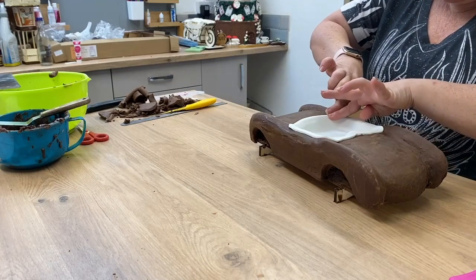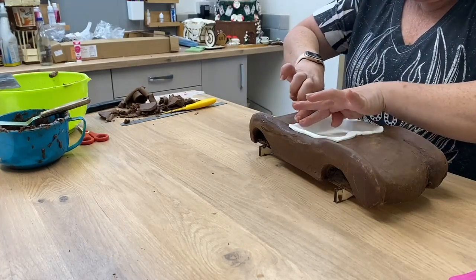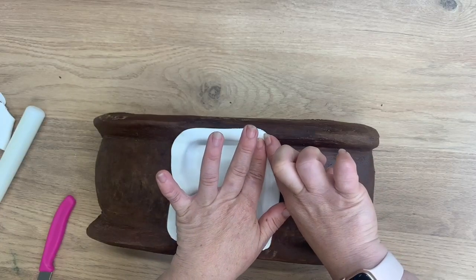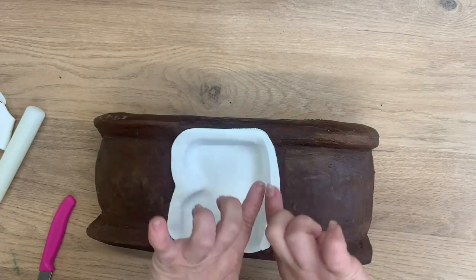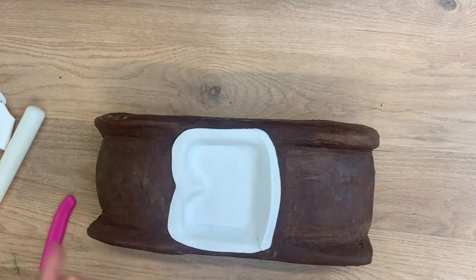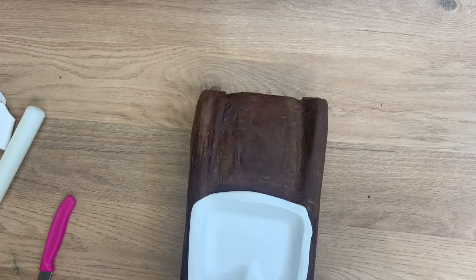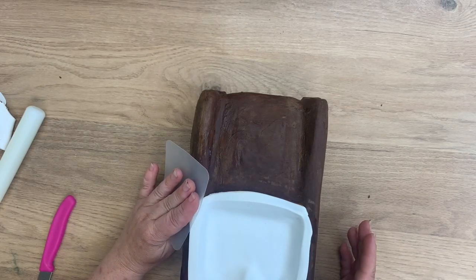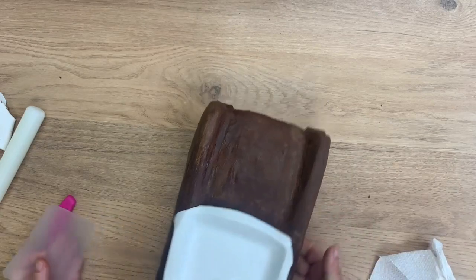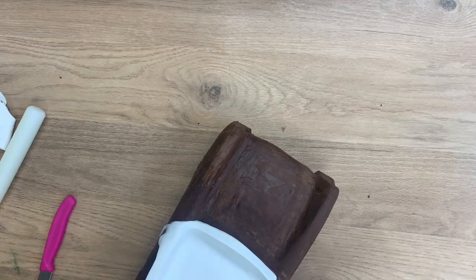Right, I'm just going to run my fingers together along the top of the, where the sort of car meets the windshield. So two fingers together, you gently kind of pinch, not enough that you're squeezing and putting a big mark in, but it's enough to just kind of give that a bit of a straight edge. Now then, we can either cut off, which is fine, but we don't quite know where it's going, or take your smoothers and just smooth them down. And again, when you then smooth off and you've touched ganache,